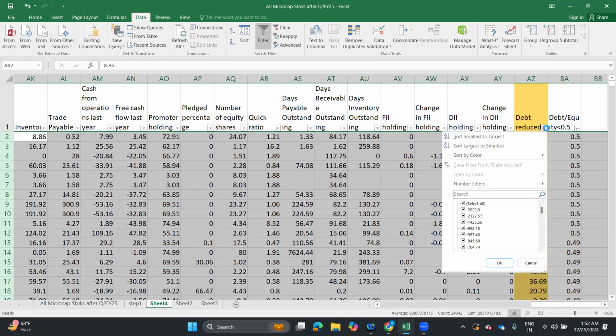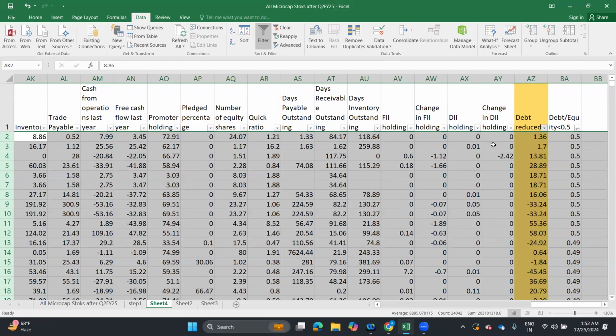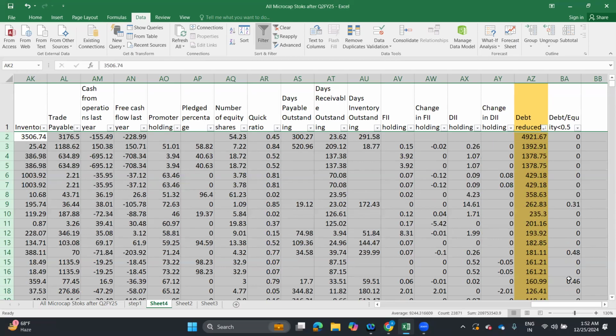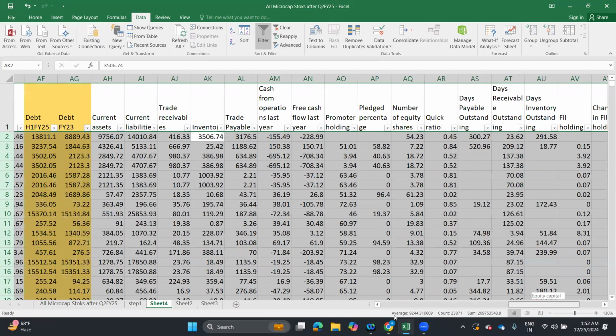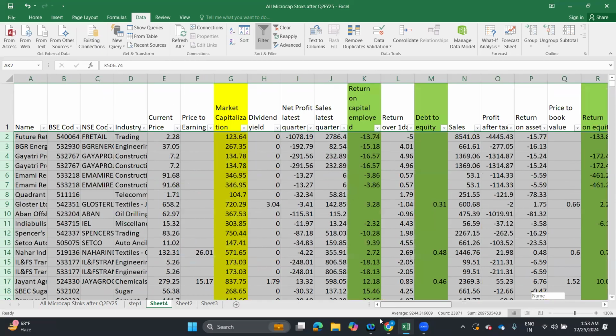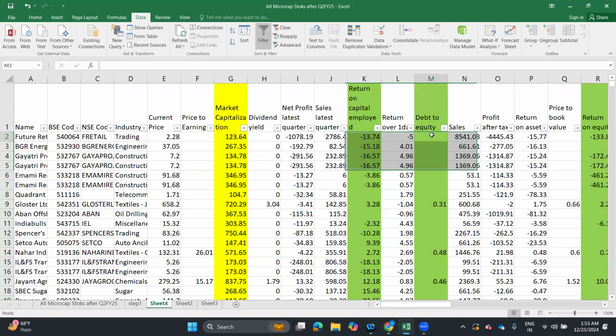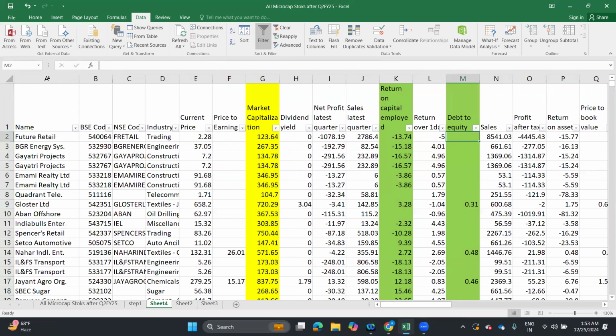Now find out who has reduced debt the most. So there are some companies where debt has been reduced quite a lot. Acha. So this, I'm not very sure. Here debt to equity is not visible. I'm not saying it's zero, but system is capturing it as zero. This is future retail. You all know the story of future retail. So obviously it is very dicey. I will not go